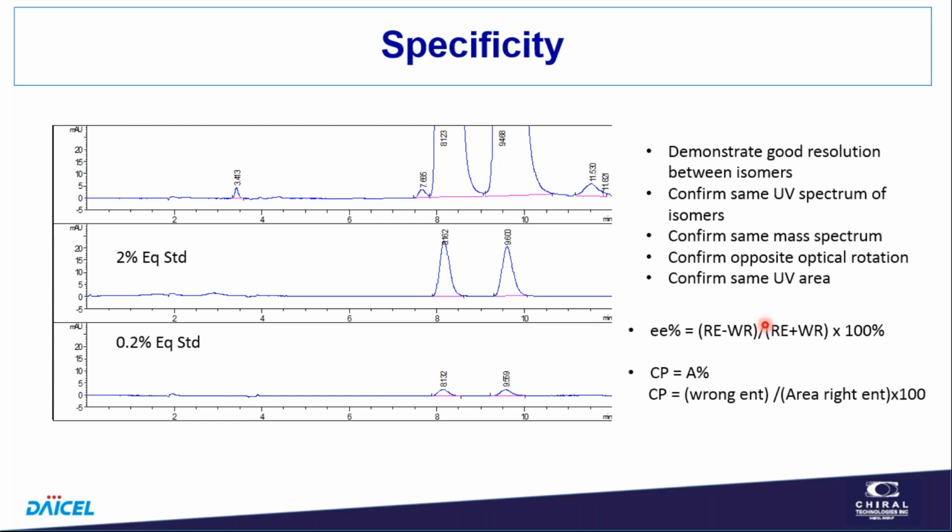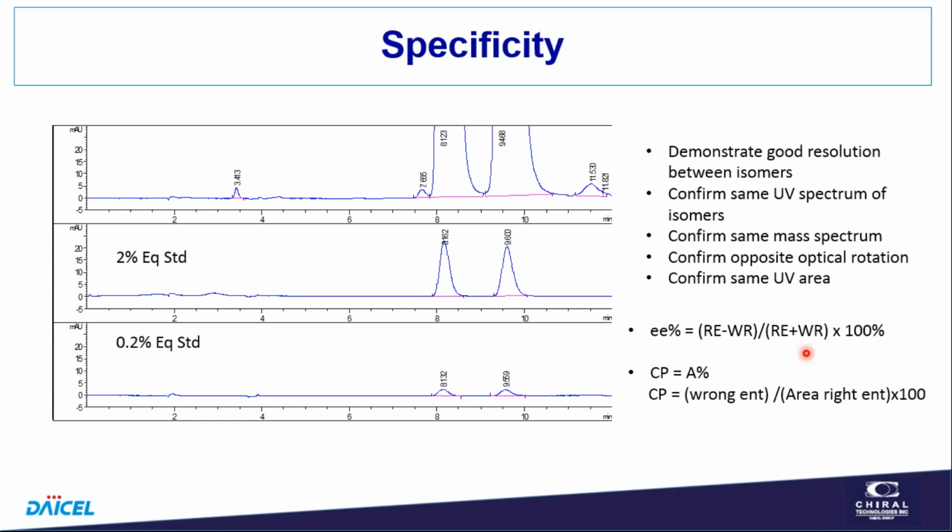I don't want to get into this, but there's something about enantiomeric excess, and sometimes people report the results in chiral separations in enantiomeric excess, and it's archaic, but it's not wrong. It's an acceptable way to do it. I think it's unnecessary, and it's just confusing, but the transformation between enantiomeric excess and chiral purity is doable. We use the same numbers. We look at the difference between the desired enantiomer, or right enantiomer, and the wrong enantiomer, divided by the sum of the two enantiomers times 100%.